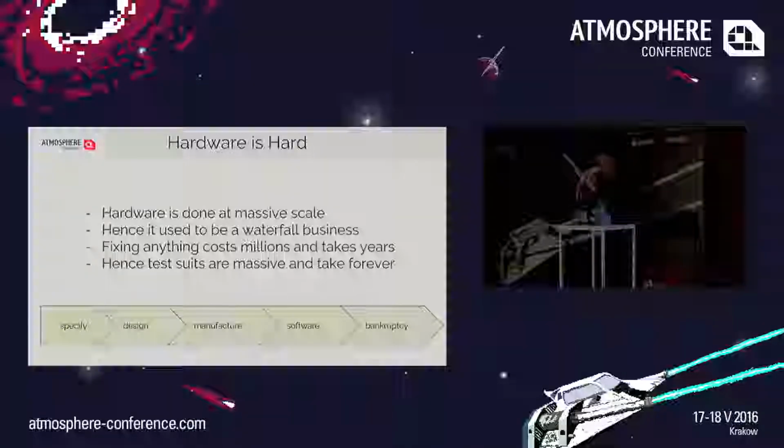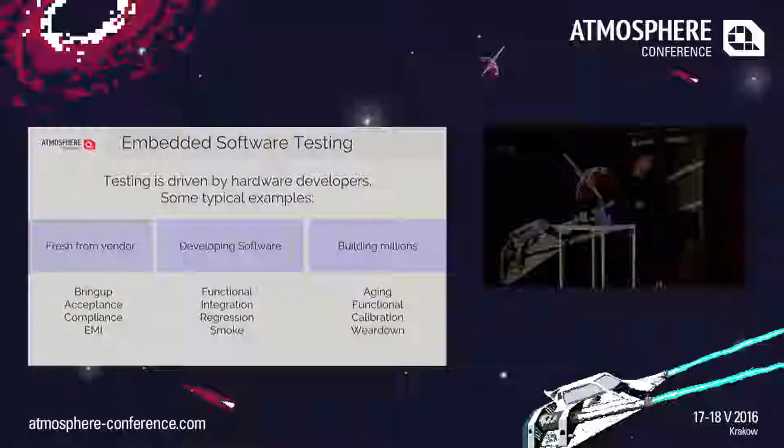And then after that, there's the software people. And if they have any modifications to the hardware, then you're basically screwed, because at that point you're already producing all of those. Because of that, we have these massive test suites, which I divide into 3 categories. There are people who think differently about them, but this is basically how I divide them. I divide them into tests that you do when you get a device fresh from a vendor,